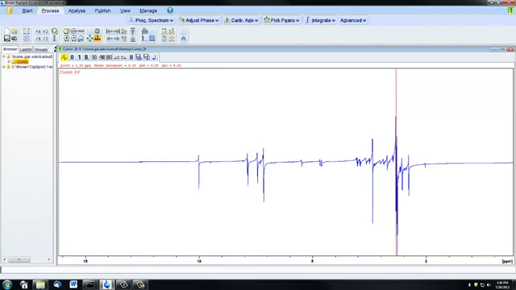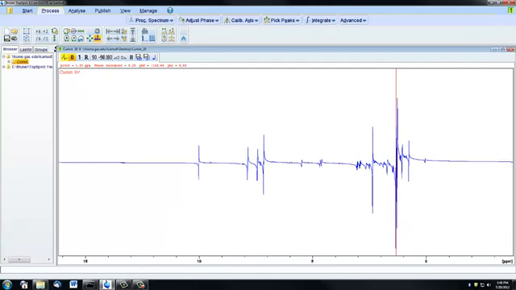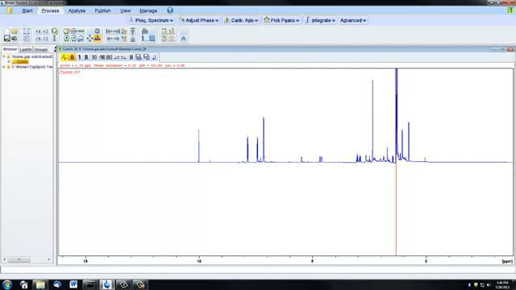So the first step of manual phasing is to do a zero order correction, which is done using this zero icon here. If you click and hold on the zero and then move your mouse upwards and downwards, you'll see that the baseline is moving, and that it's moving most dramatically in the immediate area near the red line. So the goal of the zero order correction is to get the baseline as smooth as possible in the area of the red line, and we're not going to worry about what the baseline looks like on the left or the right. We're just going to look right around that red line,